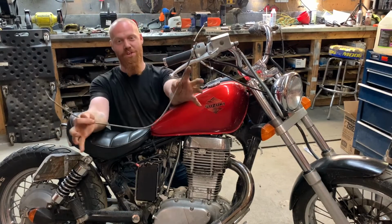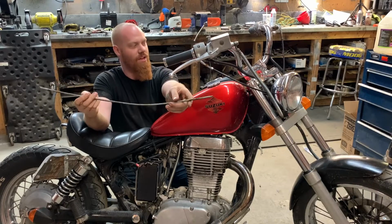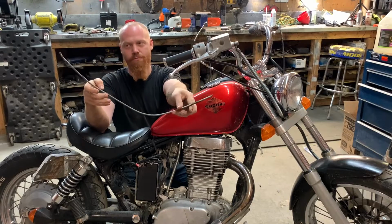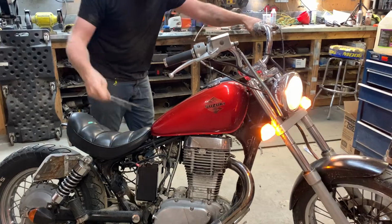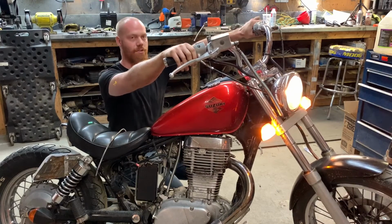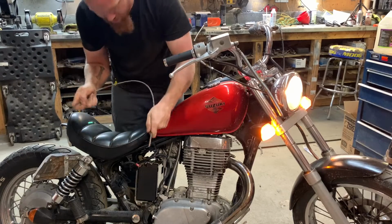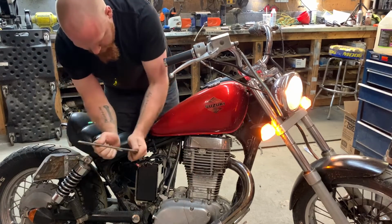So what I did was take a piece of ready rod. Now this is just threaded rod. It doesn't really matter what you use, I guess, but something heavy, and that's why I use this. So I turn the key on, and we'll try again just because, obviously, clutch in, we've got nothing. And I said, oh no, my starter's cooked. So then I was like, I wonder if my starter's actually cooked. So